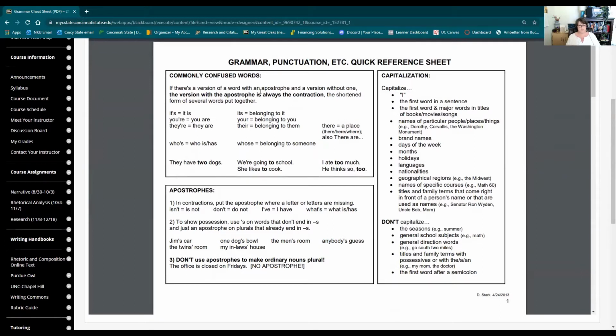So we have commonly confused words, and you'll remember from the exercise that we did in the last class, the one that made everybody's brain hurt, on that last slide where we did the proofreading and editing exercise. And some of those commonly confused words were you're instead of your, possessive, and it's and its. So this is a handy little reference. Again, apostrophes, where you use them, where you don't use them. Don't use apostrophes to make ordinary nouns plural. Then we have capitalization rules,